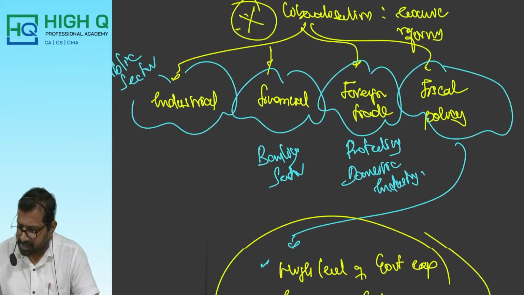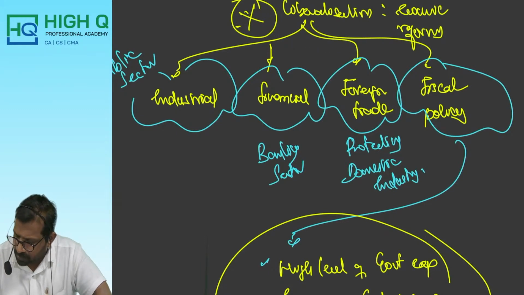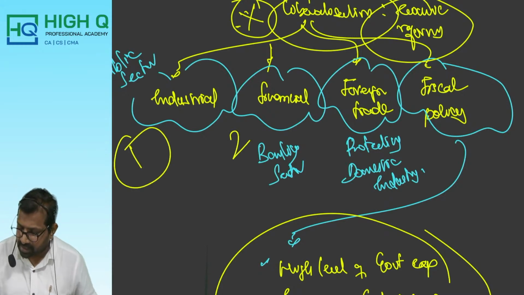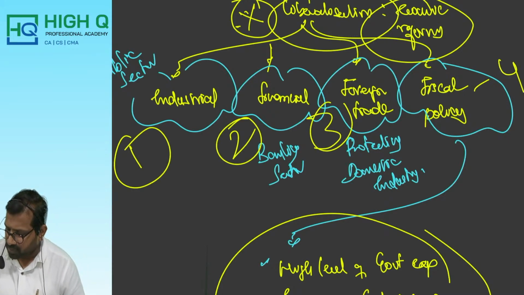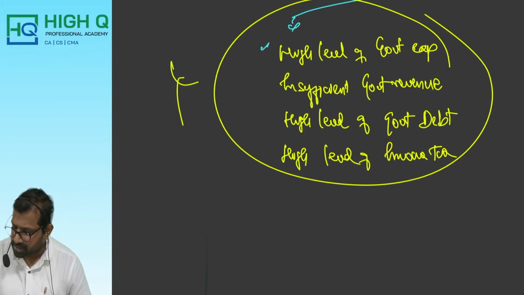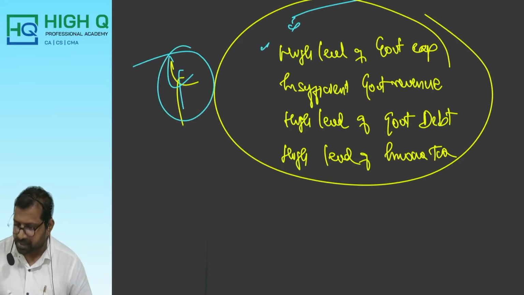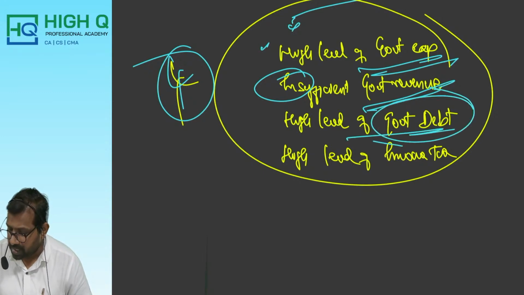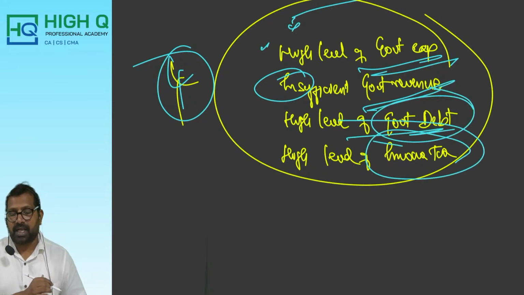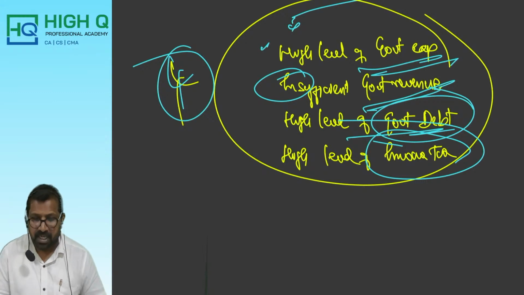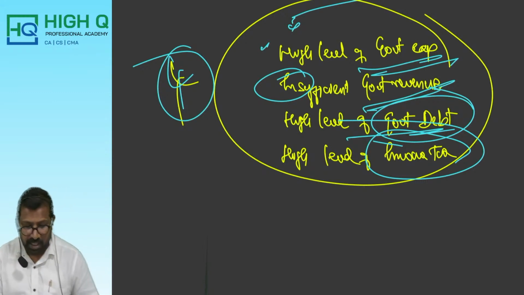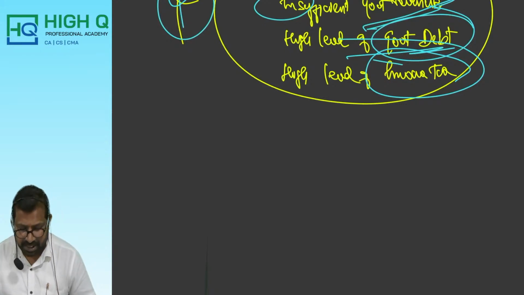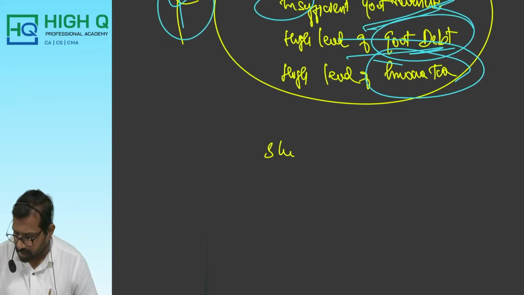And apart from this, in the liberalization of economic reforms, I have mentioned there are 4 types of sector: industrial, financial, foreign trade, and the 4th one, fiscal policy. Fiscal policy includes 4 important points: high level of government expenditure, insufficient government revenue, high level of government debt, and high level of income tax, which influence the liberalization and economic reforms of our Indian economy. And the next important point for your examination in the last chapter,